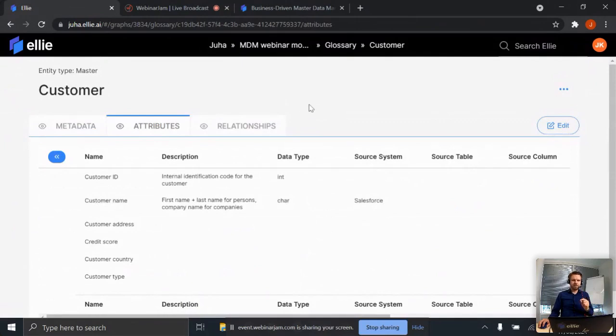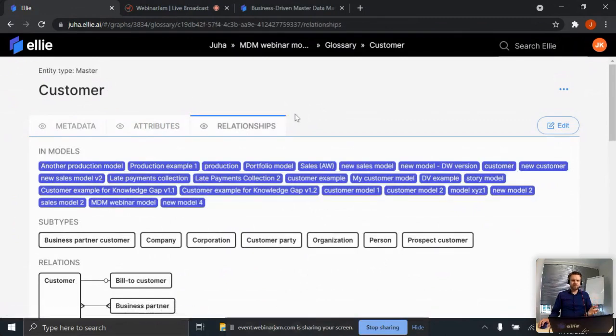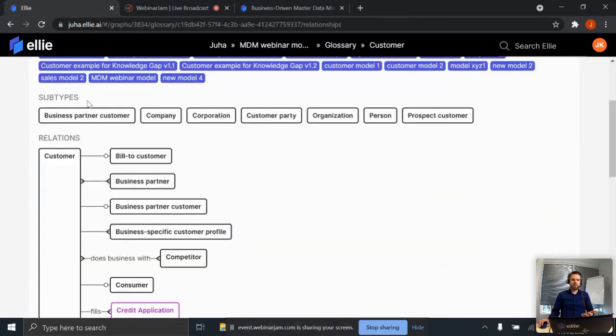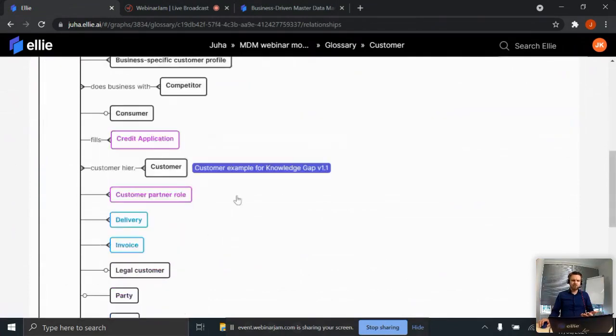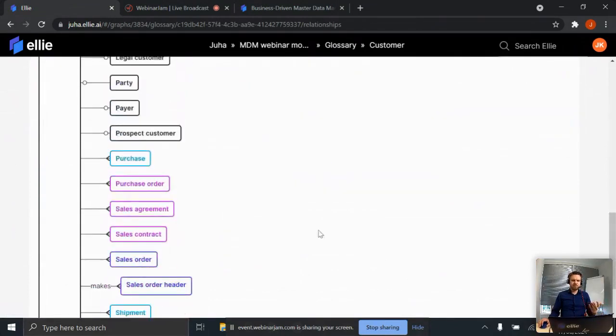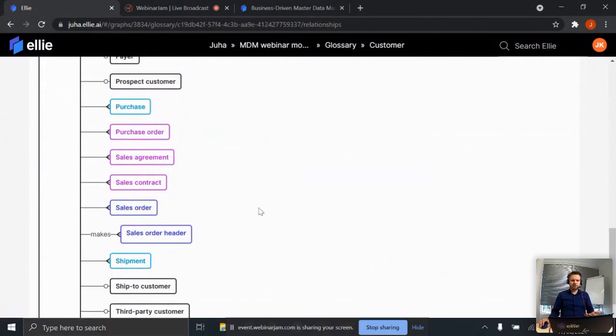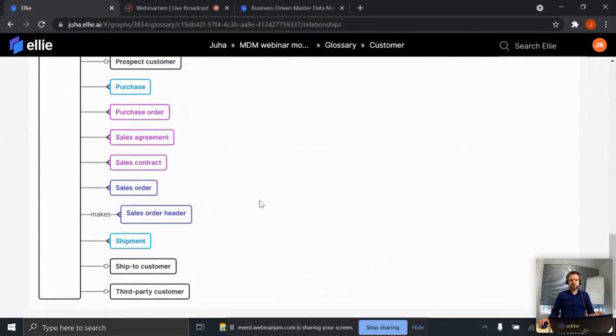And the important thing is that as you add these entities into Ellie, from all of those models, you're always using the same entities that you've defined once in your glossary. So Ellie tracks that, and you can start to see that, okay, I'm actually using the customer entity in a bunch of models, and there are subtypes that I've defined to it. There are different sorts of relations to other master data entities, to other contracts, agreements, transactions, whatnot,